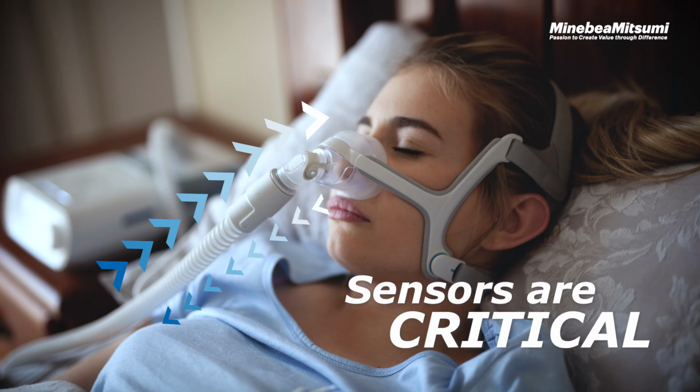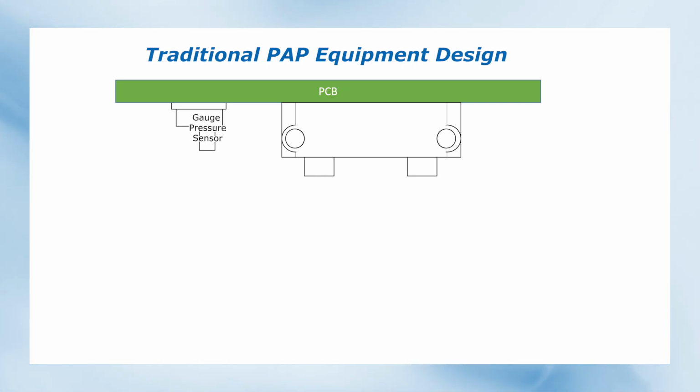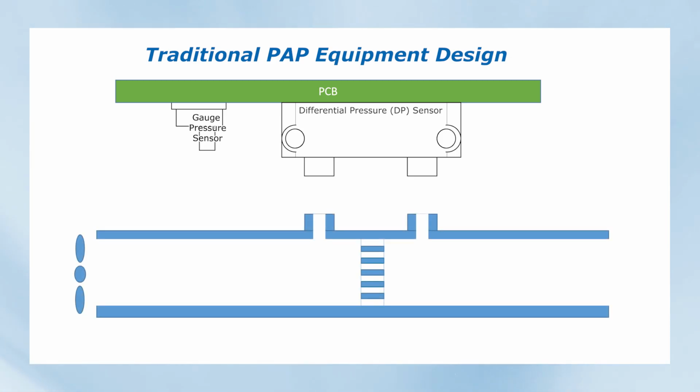Sensors are critical to ensure that PAP devices operate within the defined parameters. In a typical setup, a gauge pressure sensor is used to monitor system pressure, while a differential pressure sensor measures airflow. A differential pressure sensor calculates airflow by correlating the drop in pressure across a flow restrictor with the rate of airflow. Both sensors are installed onto a PCB, and a custom gasket is inserted over the sensor ports, which